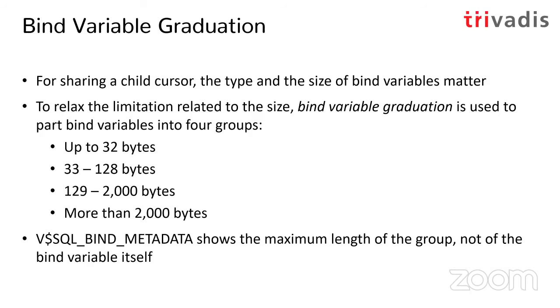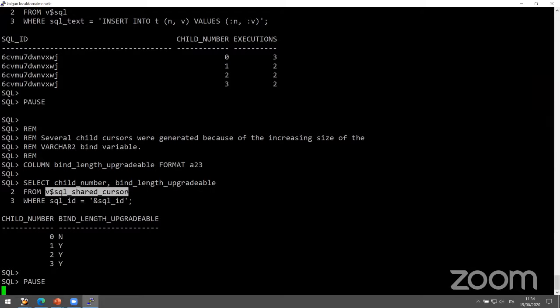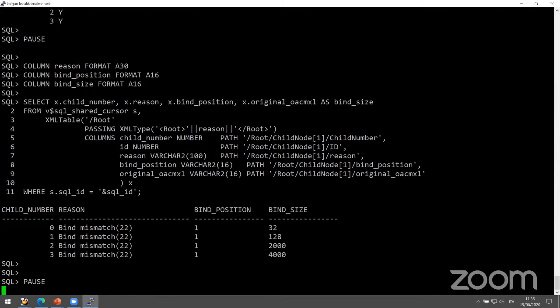Notice that if you want to inspect in more detail what happens in such a situation, on the one hand, you can select from V$SQL_SHARED_CURSOR to see if the issue is due to what I just mentioned. As you can see, the flag is set to yes for child numbers 1, 2, and 3, for BIND_LENGTH_UPGRADEABLE. So that's the flag you have to look for. And if you want to look more in detail at how a bind variable is defined for a specific child cursor, then you have to